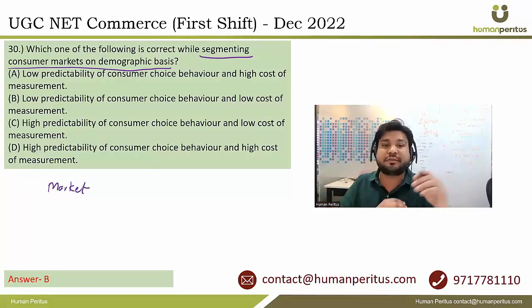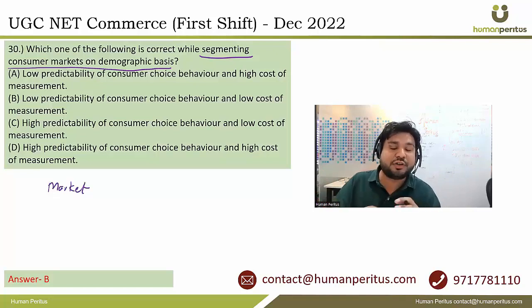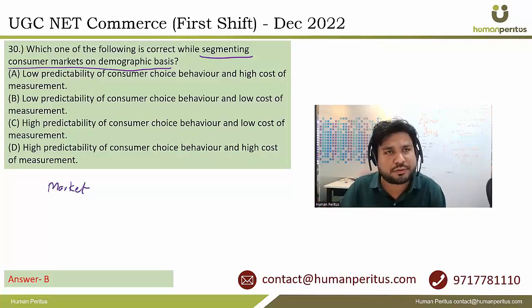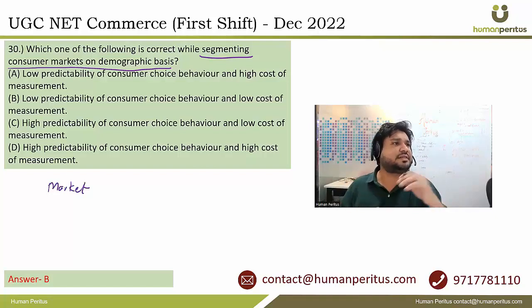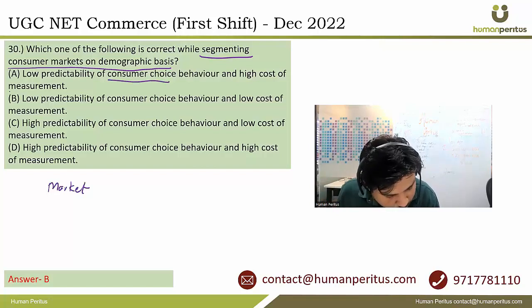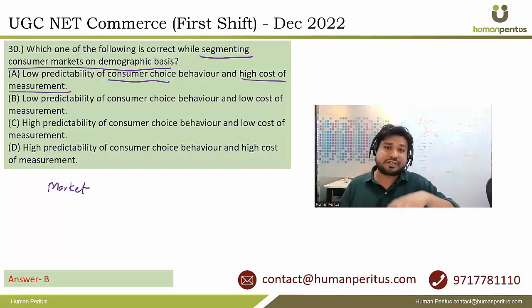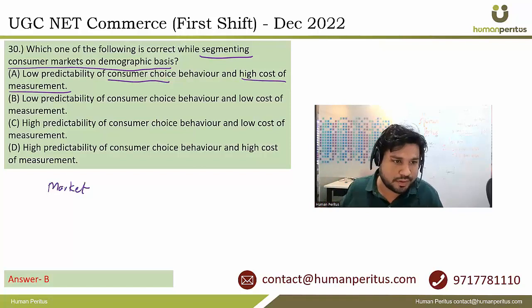जोग्राफिकल सेगमेंटेशन कर सकते हो। हालांकि हमारा क्वेश्चन डेमोग्राफिक पूछ रहा है, तो उसके एग्जाम्पल क्या हो सकते हैं, वही जो पॉपुलेशन से रिलेटेड है, एज के बेसिस पे, जेंडर के बेसिस पे, इनकम के बेसिस पे, जो ये मैक्रो इकोनॉमिक फैक्टर्स हैं। अब अगर हम डेमोग्राफिक बेसिस पे कर रहे हैं तो कंज्यूमर चॉइस और कॉस्ट ऑफ मेजरमेंट पे क्या इंपैक्ट आएगा, विच इज हाई और लो। तो काफी अच्छा सोच के बनाया।